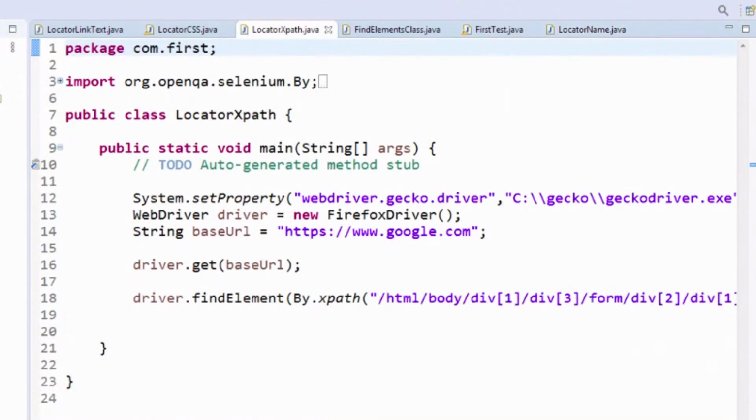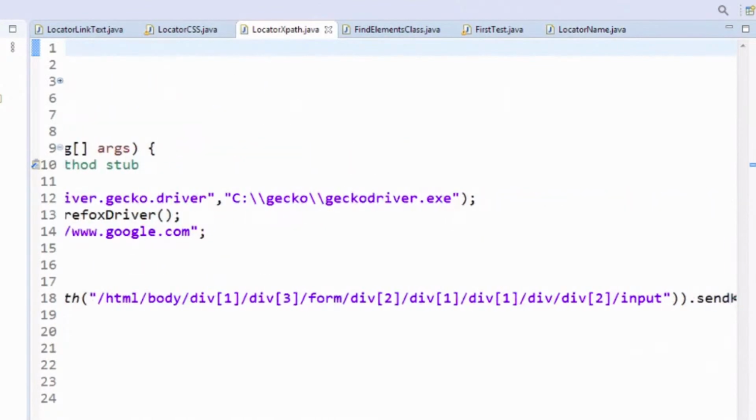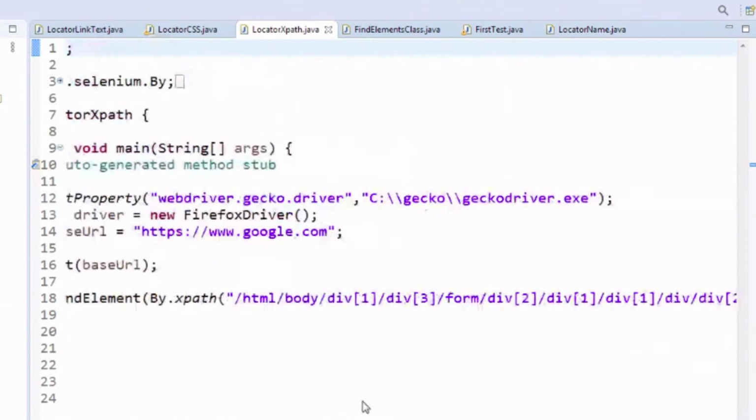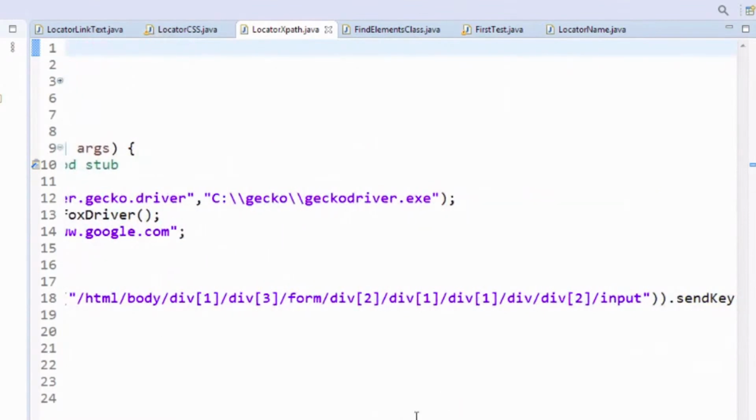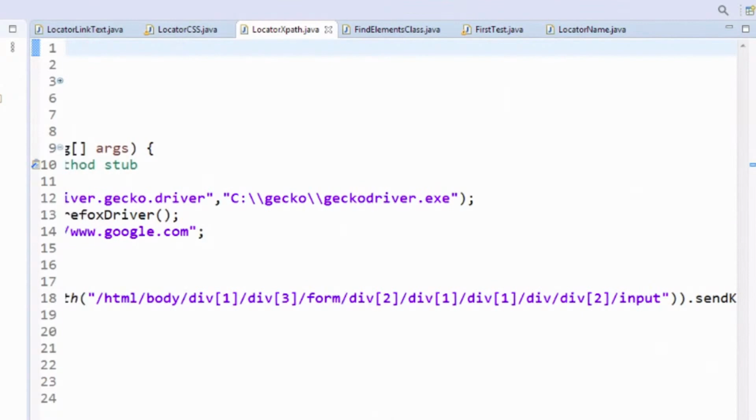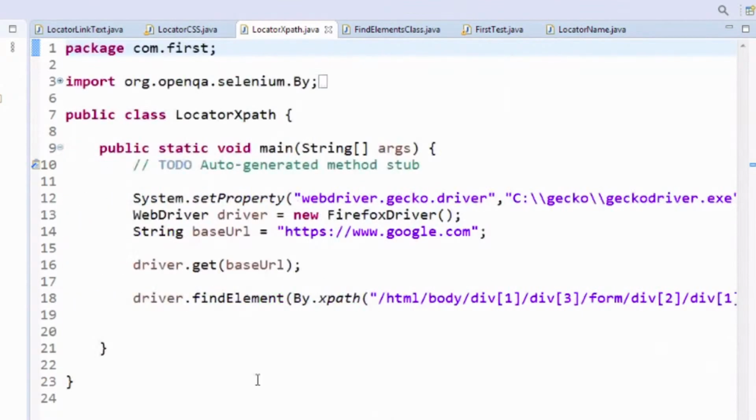It is not suggested to use XPath because it is a little bit complicated. As we can see, there is some huge HTML kind of thing, divs, all these things are coming in XPath. But in case there is no option, in that case we will use XPath. Else we will never use XPath. We will use ID, name, CSS locator, link text, other properties to locate the element.